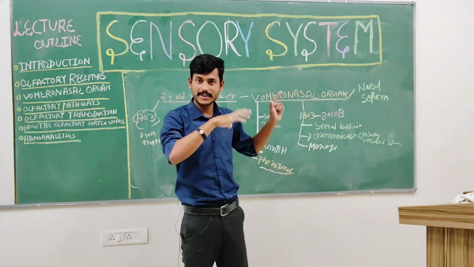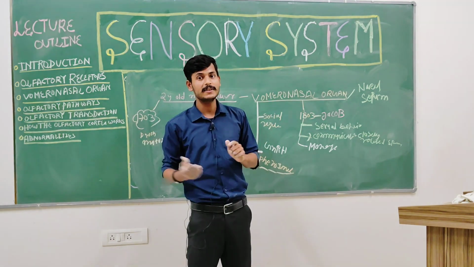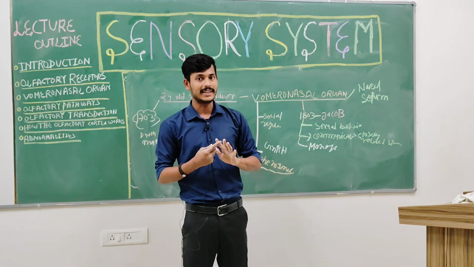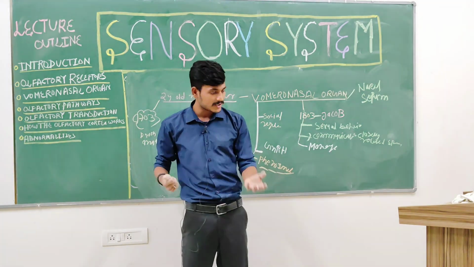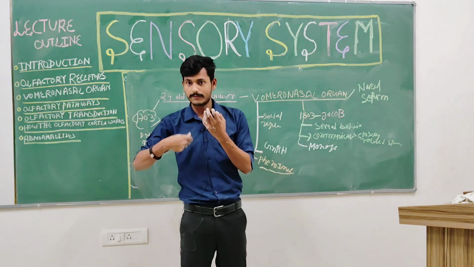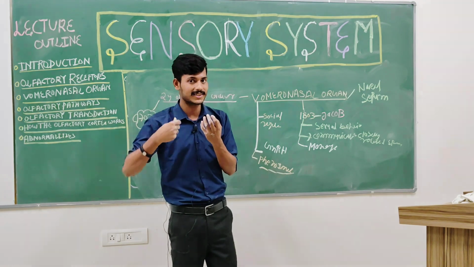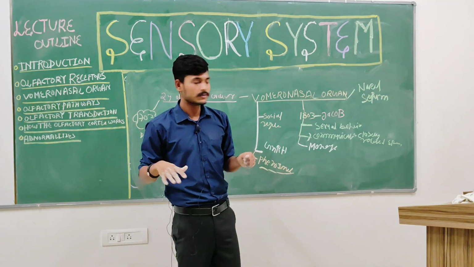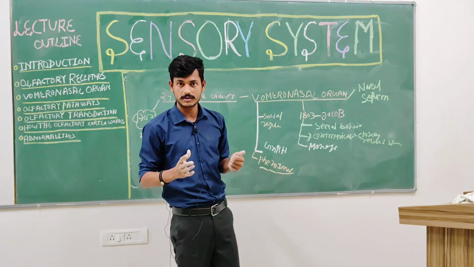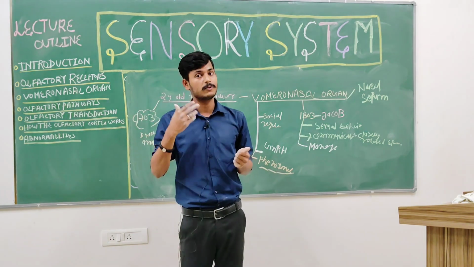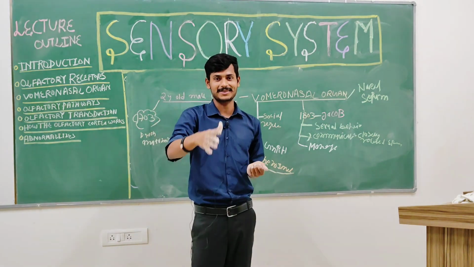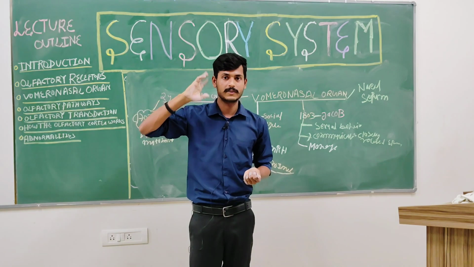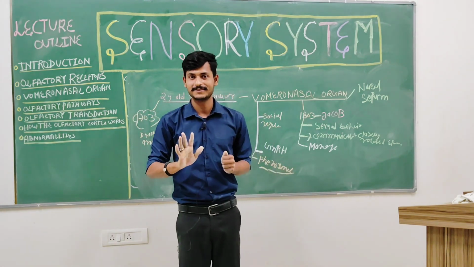Understood? Now this olfactory cortex, as you have seen, has a relationship with the limbic system, which is concerned with emotion and anger. There is also a connection with nausea. That's why sometimes you smell something and you feel vomiting or nausea. Sometimes some odors distract you, which means it also has a relationship with your emotions. And some types of smell, like for a chronic smoker, trigger their memory. Are you understanding?